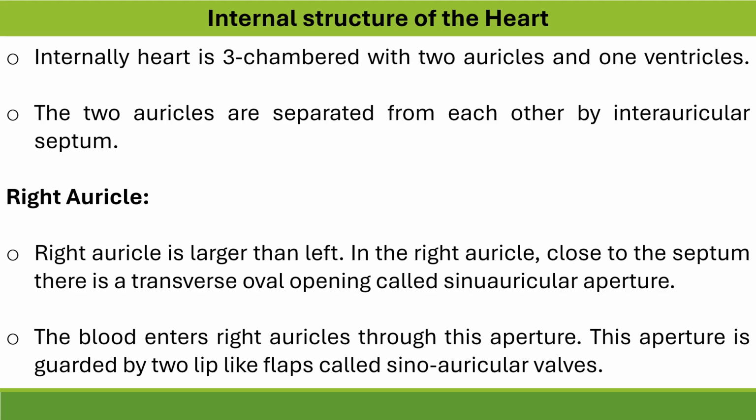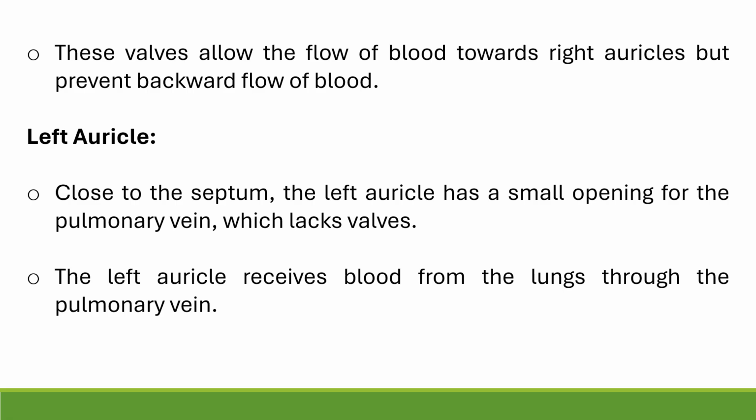About the right auricle, it is larger than the left. In the right auricle, close to the septum, a transverse oval opening is present, which is known as the sino-auricular aperture. The blood enters the right auricle through this aperture. This aperture is guarded by two lip-like flaps called sino-auricular valves. These valves allow the flow of blood towards the right auricle but prevent backward flow of the blood